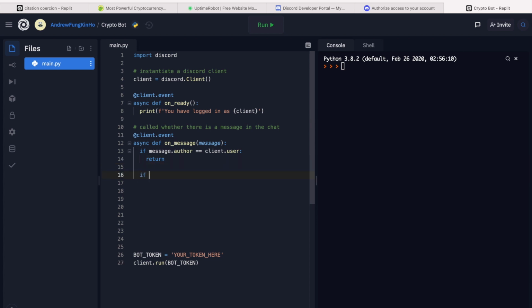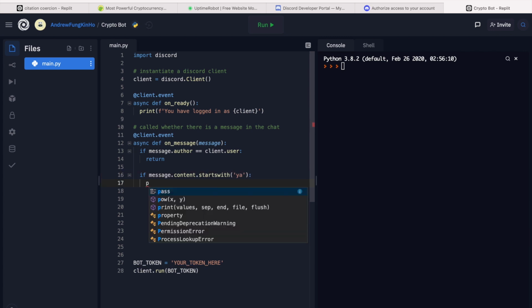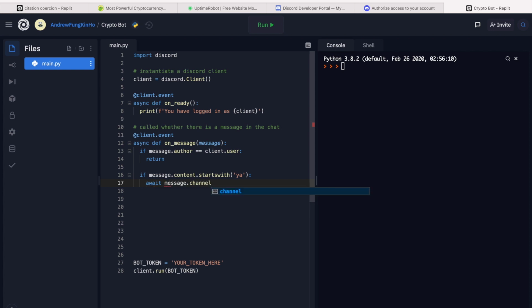And if the message.content.startswith, then we message to the channel, which is await message.channel.send a message called need.